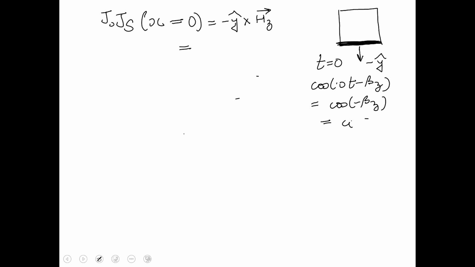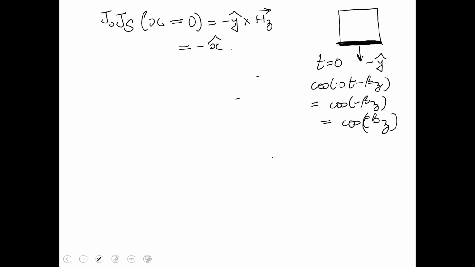So I can write it as cos of beta z. So for t is equal to 0 term, this will just be minus y cross hz for x is equal to 0. So minus x, y cross z is plus x. So yeah, so minus x,